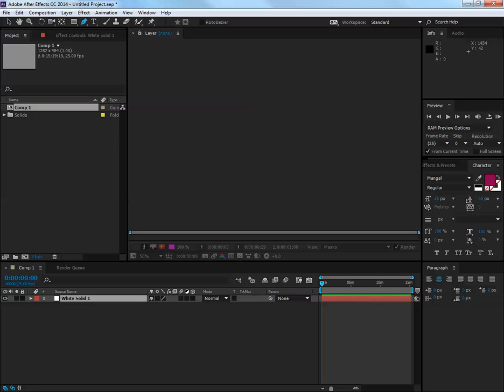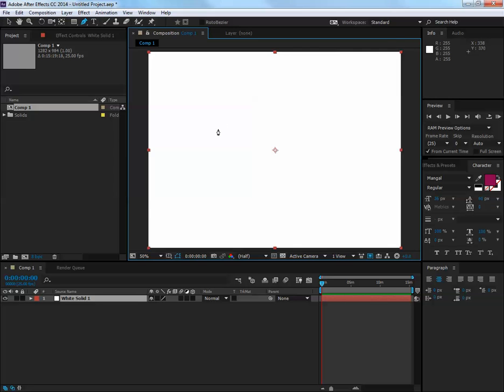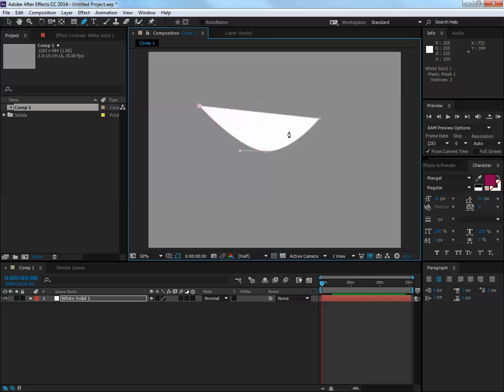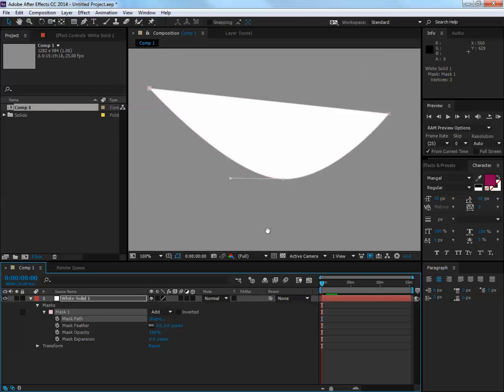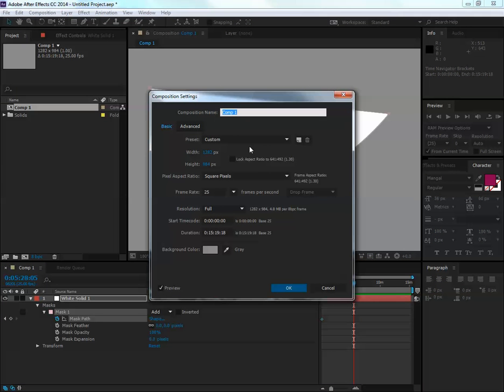Let's see, I just need to move my composition into there. So I'm just going to create a mask in here, and it's similar to the one that I created in Flash, and with this mask, it works just the same as a Bezier curve in Flash did. I can key the path itself, move the timeline along. Let's have a look exactly how many minutes I've got there. It's quite a long,